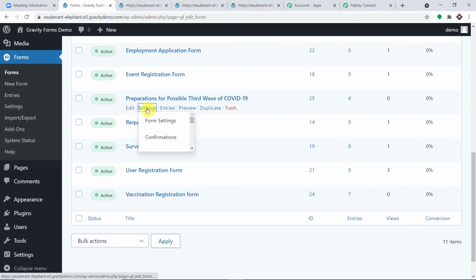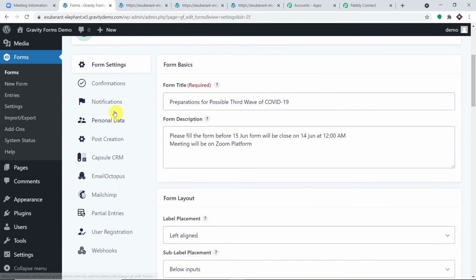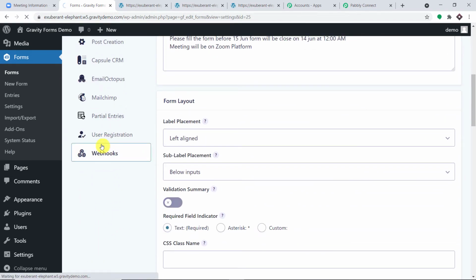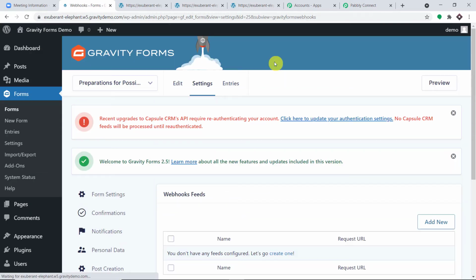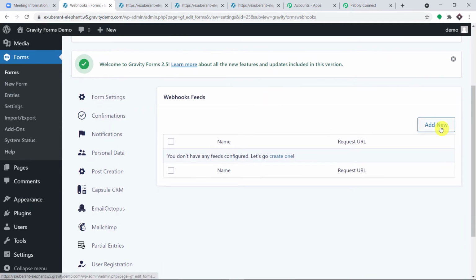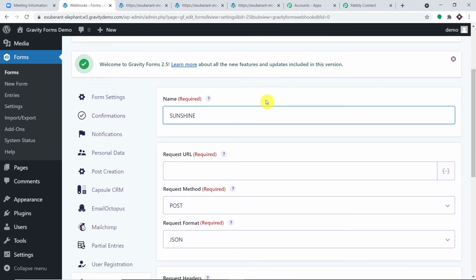So first of all, just click on settings. Okay, so just scroll down in the settings page, you will find webhooks. Click this. As you can see, there is already a webhook running, and this is because of this webhook I have earlier shown the result. So for the time being, I'm just going to delete it. We don't really need this. Okay, so I'm just going to click on add new. So we are going to work with a new webhook. How about I give the name Sunshine? Of course, you can give any name according to your discretion. It's totally up to you. I'm giving a random name, Sunshine.